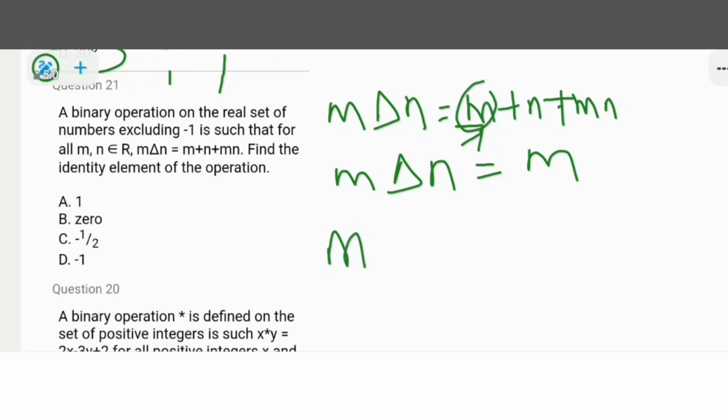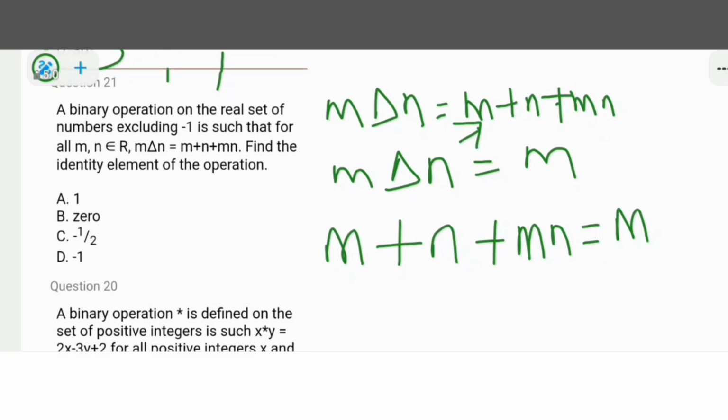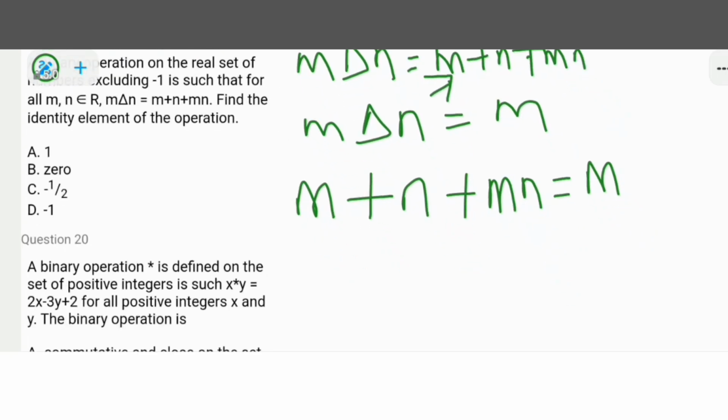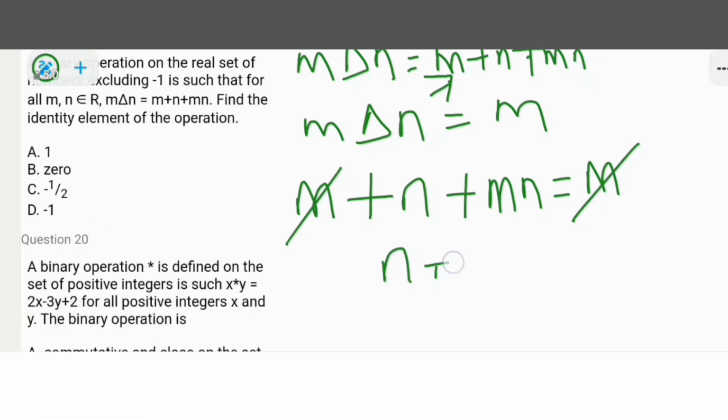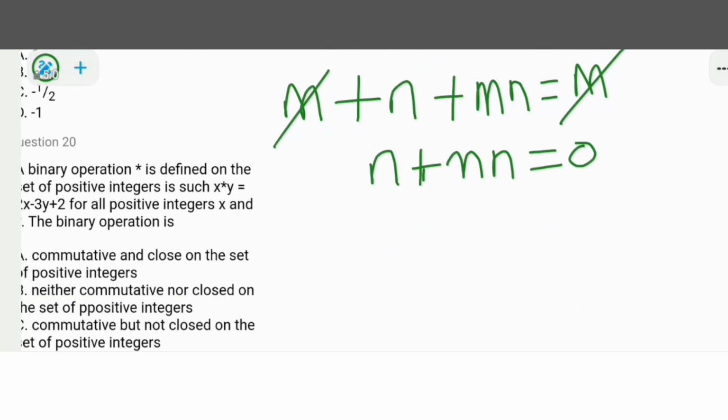So you're going to get m. This is the first one, m. Leave it as m. Then you have plus n, which is your identity element, plus mn. But the answer that you must get must be m. So all you have to do is just simplify this. So you have m on this side, m on this side, we cancel this m on this side because they are the same. So you have n plus mn, everything equals 0. So you just factorize this part. If you factorize this part, you can see that n is common, which is the identity element. That will be n into 1 plus m equals 0. So if you finish this up, divide both sides by 1 plus m,